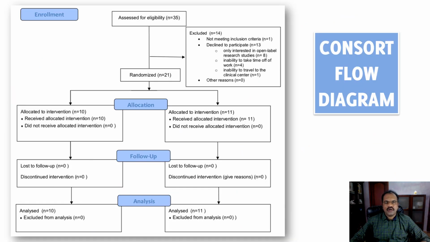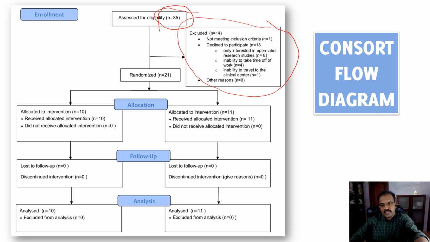Now in randomized studies, in their method section, you will have this sort of flow diagram, which you have to pay a lot of attention to, because here they will have given a lot of useful information. What number of people were screened initially, how many of them were not included, and for each exact reason, how many people were excluded. All this specific information you can get. How many people were randomized into both groups.